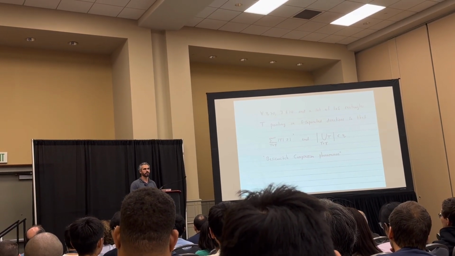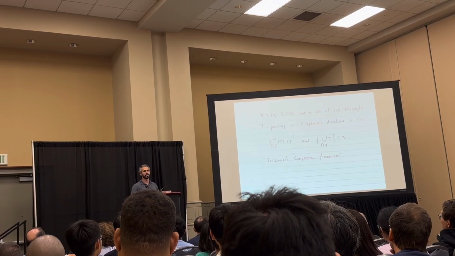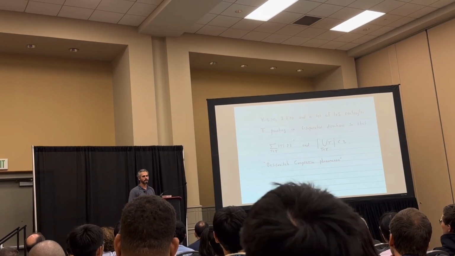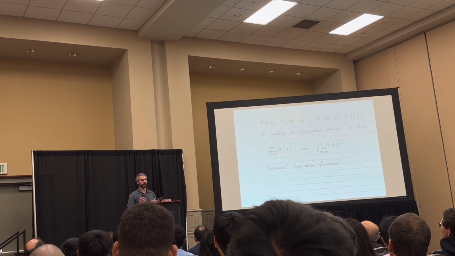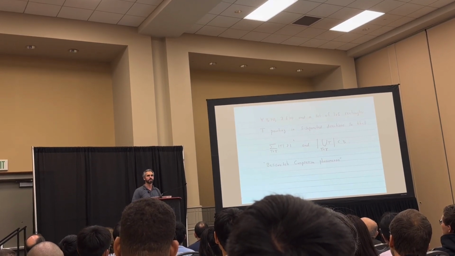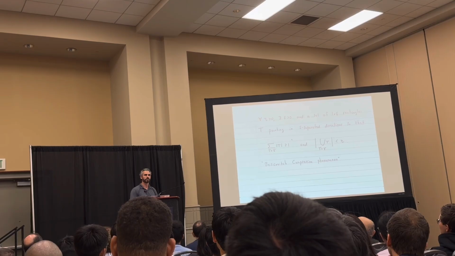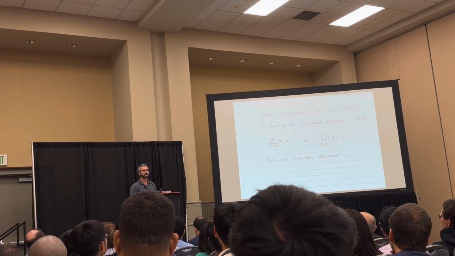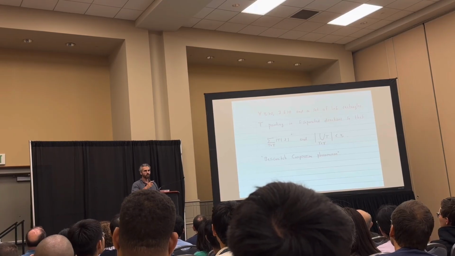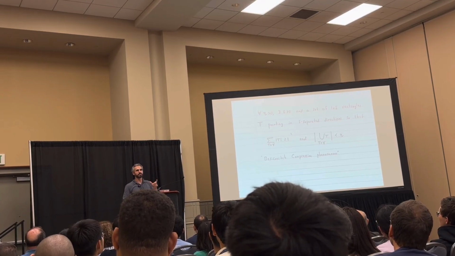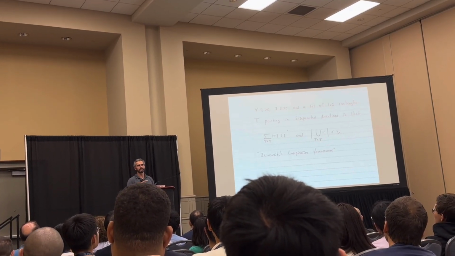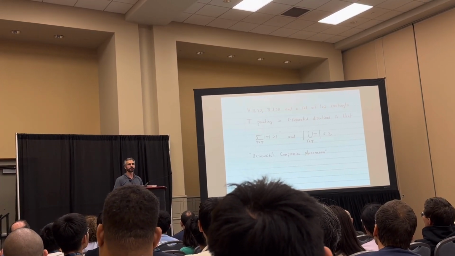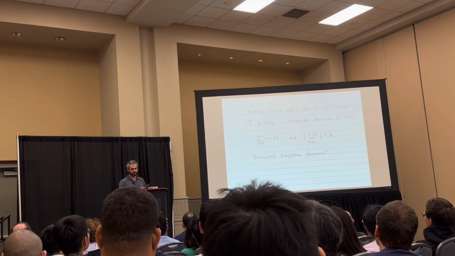Each one of these has area delta, so what this means is the sum of all of these rectangles, with dimensions 1 times delta, has area roughly 1, but the volume of the union is quite small because it's contained in this delta thickening of a Besicovitch set, and we know that the volume of that goes to 0 with delta. So I'm going to call this the Besicovitch compression phenomenon. We can find these rectangles, or more generally tubes, the delta neighborhoods of line segments pointing in different directions, the sum of whose volume is roughly 1, but the volume of whose union goes to 0 as a function of delta.